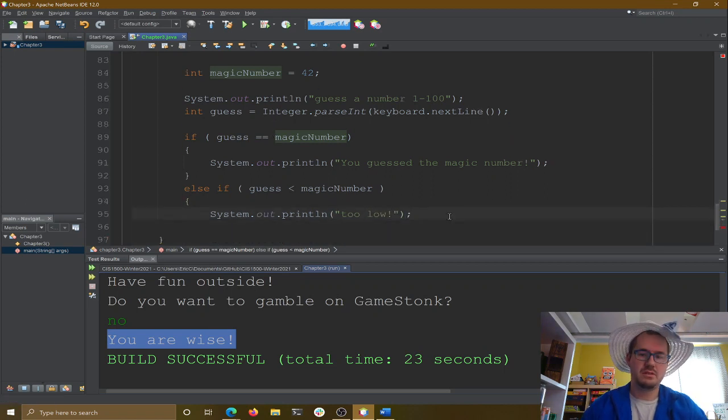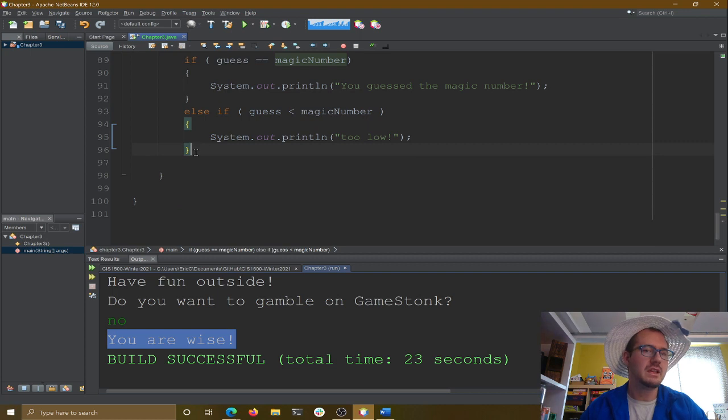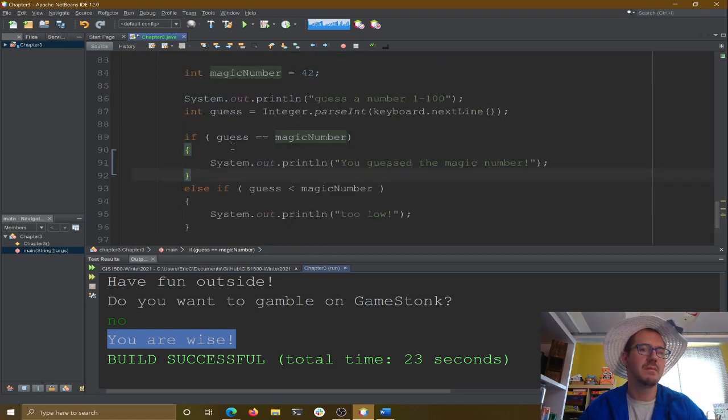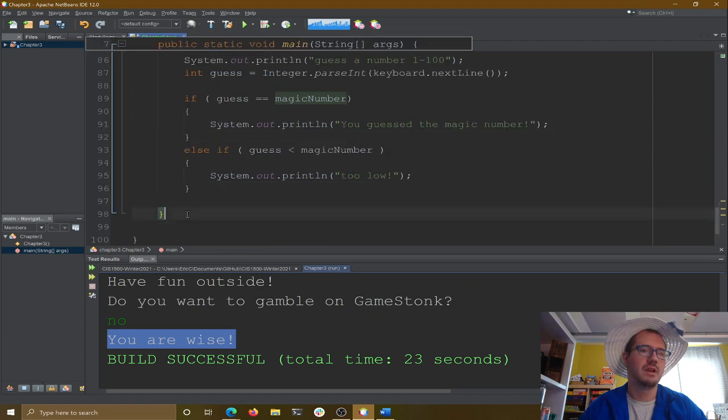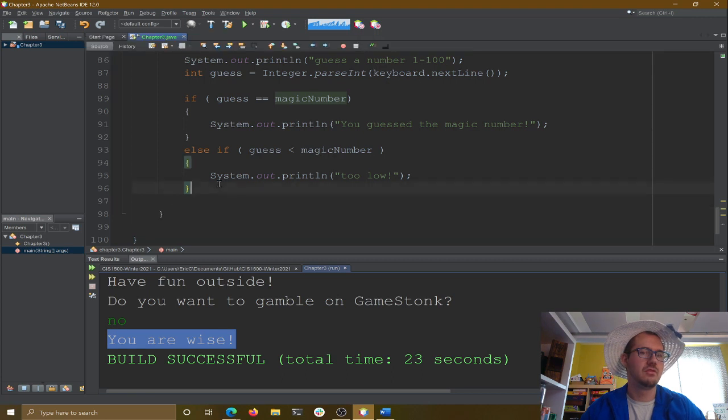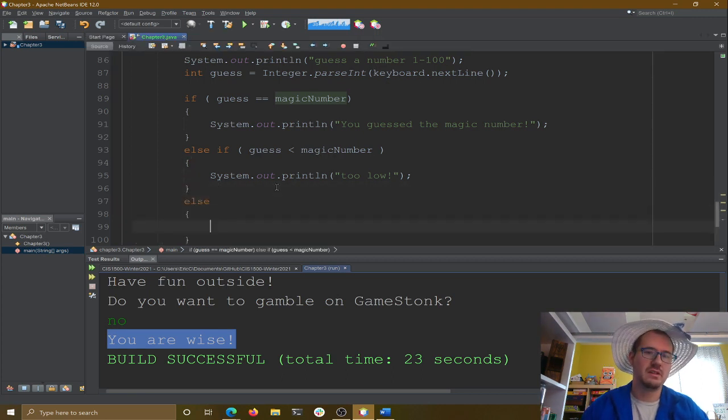If it wasn't, oops, another curly brace. Notice they highlight, this is super helpful for you, by the way. When you click on a curly brace, it will highlight the matching curly brace for you. And even here, down here on line 98, I put the cursor on and it pops up at the top, hey, the matching one here was up at line 7. Super nice, okay? And else, so if it's not equal to magic number, it's not less than magic number, it must be, if it's not equal and it's not less, we must be, if we're inside this else block,